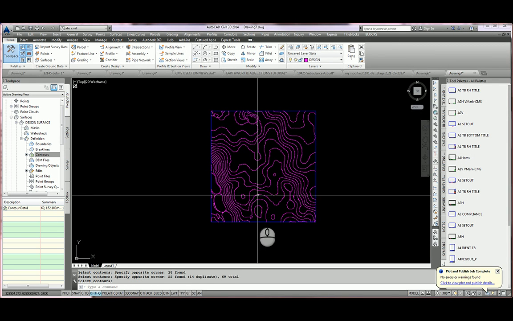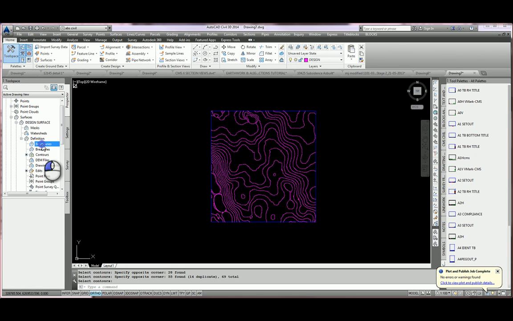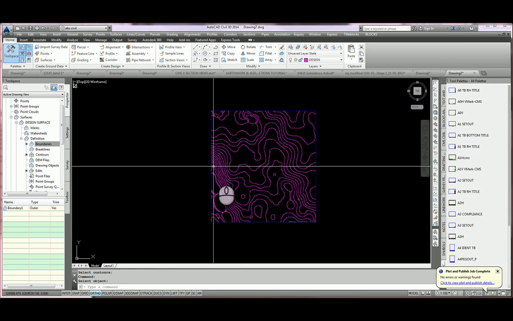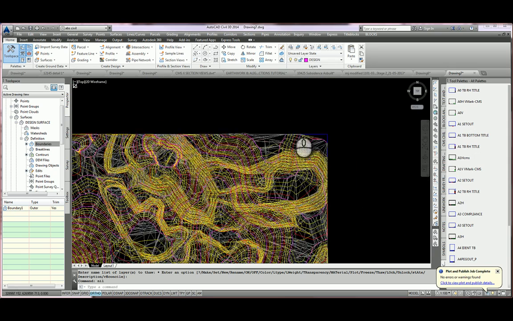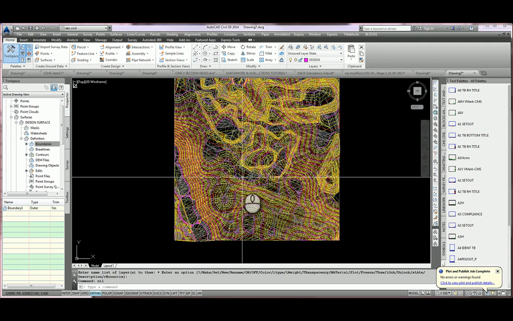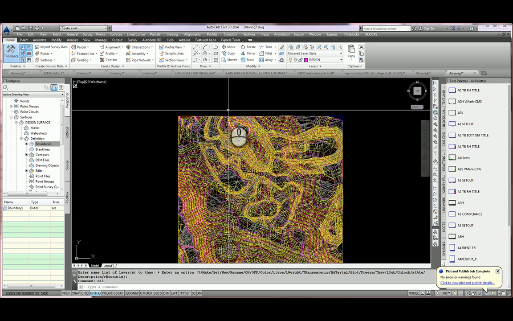There you have it. I've got that surface turned off. So if I now go to add a boundary, we'll keep it as outer. We've now got the two surfaces displayed on top of each other, showing triangles as well. So it's a bit messy looking at it in that way, but the one thing we're interested in right now is getting a volume, and we should easily be able to get a volume by going